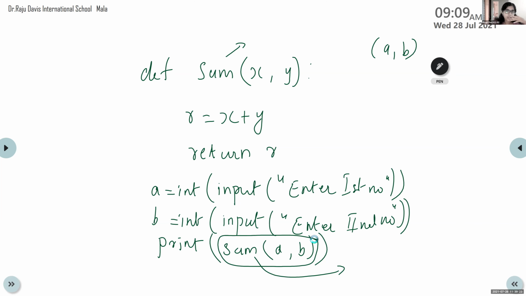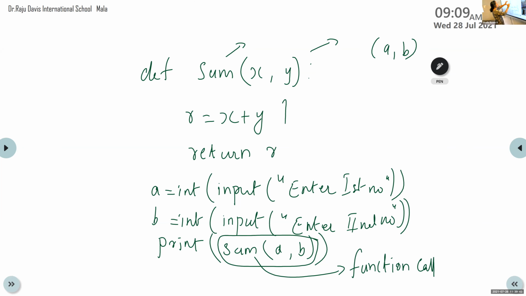Function call. Yes, this is function call. Correct, Gauri. So this sum a comma b is known as function call statement. This is function header. This is function call.